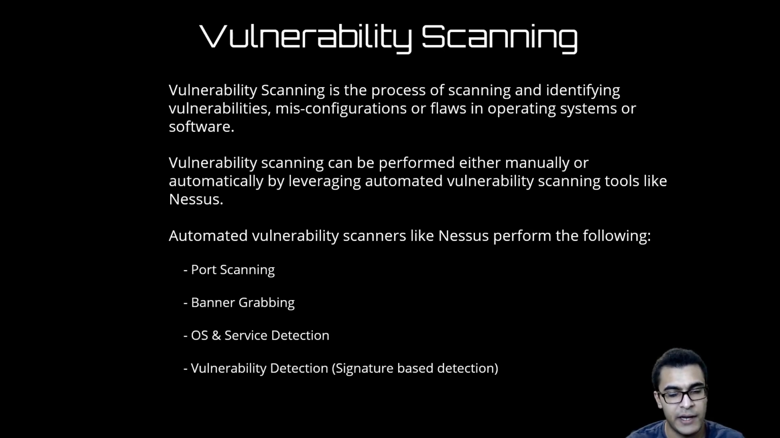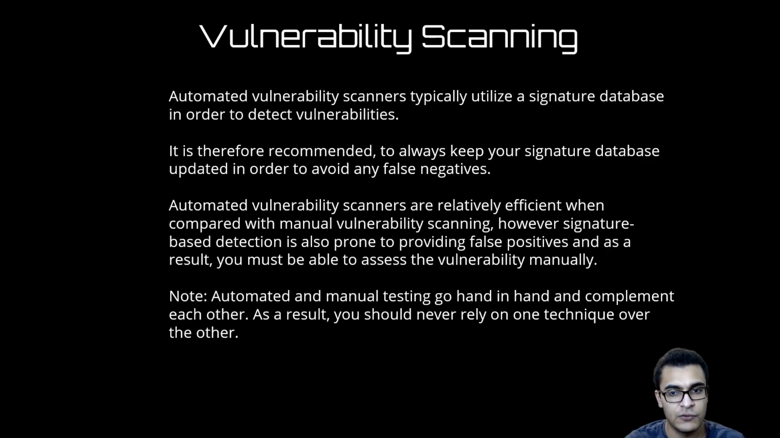Secondly, banner grabbing essentially gets the service version. In this case, banner grabbing would essentially help Nessus identify the version of VSFTPD running, and then that signature is automatically matched based on the findings from a vulnerability scan. Right? Now, when it comes down to automated vulnerability scans, as I've already mentioned, they utilize signature-based detection,